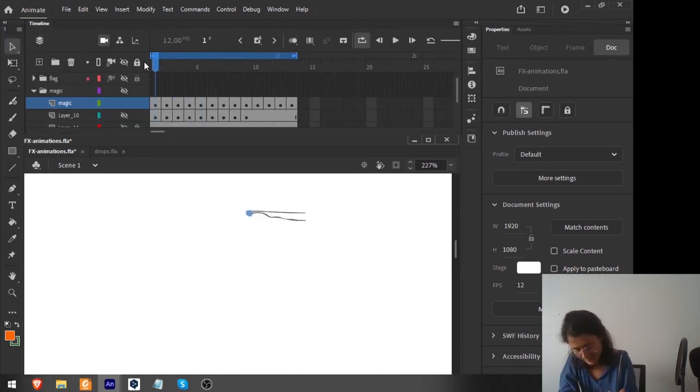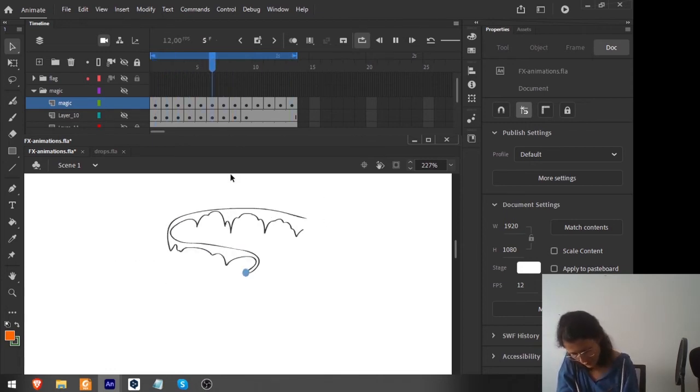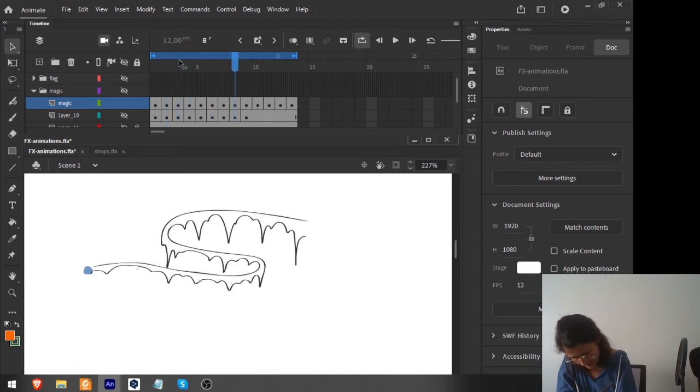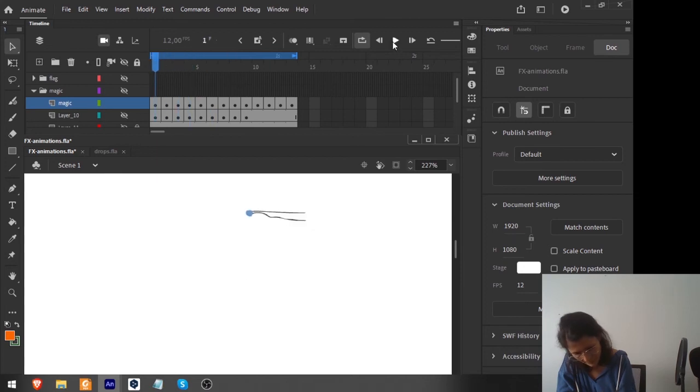What I have here is a path that is being traced by something that is leading the way, and then we have these elements here that are falling, right? So this is another example that I want you to try. Okay, this is another exercise. And then for the last example, we have here